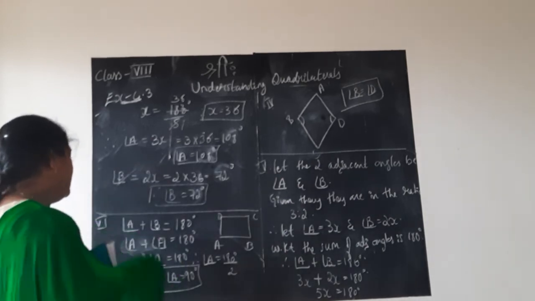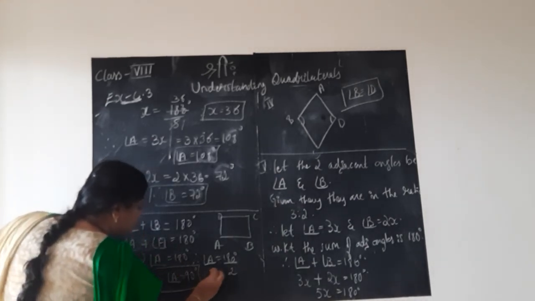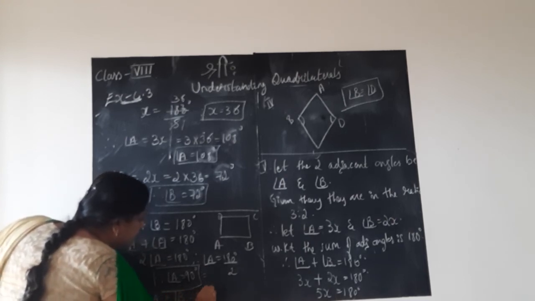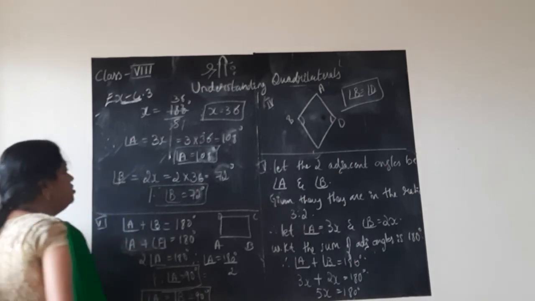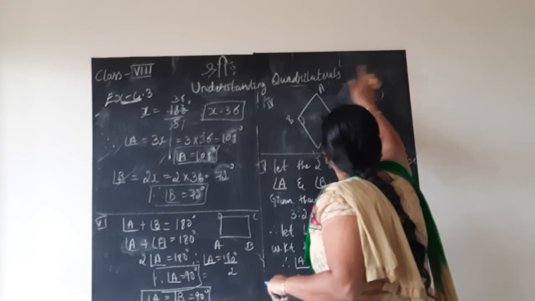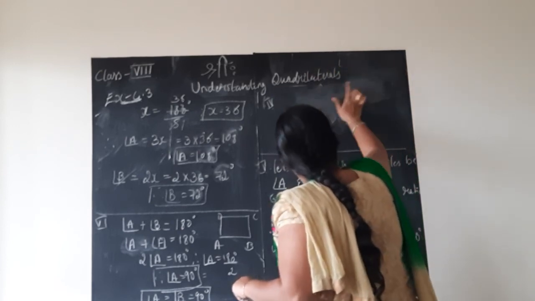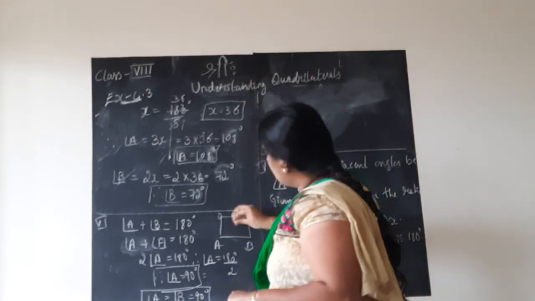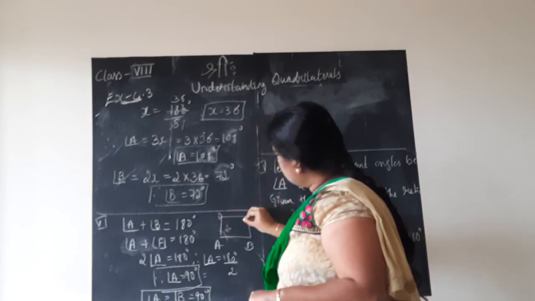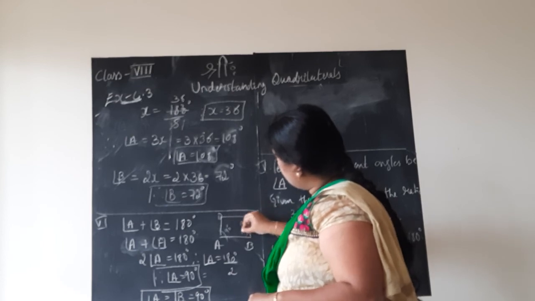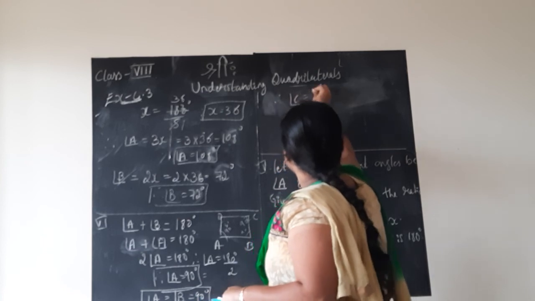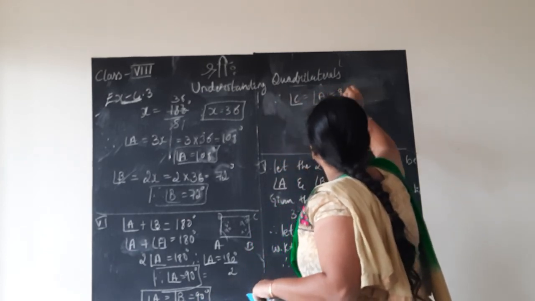So now angle A is equal to angle B. We will write one more line. Angle A equals angle B equals 90 degrees. Why? Both are equal. So A and B are 90 degrees. How about the remaining angles C and D, children? C and D are also 90 degrees. Don't you think so? Why? Because in a parallelogram, A is 90 degrees, so opposite angle C is also 90 degrees, and B is 90 degrees, so D is also 90 degrees. Therefore, angle C is equal to angle A equals 90 degrees.